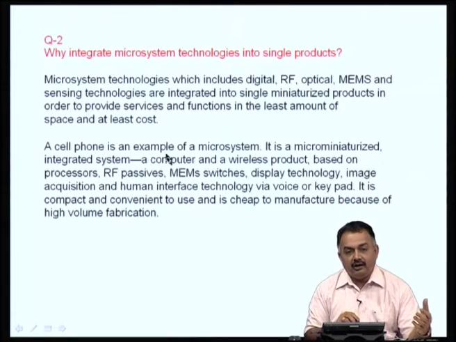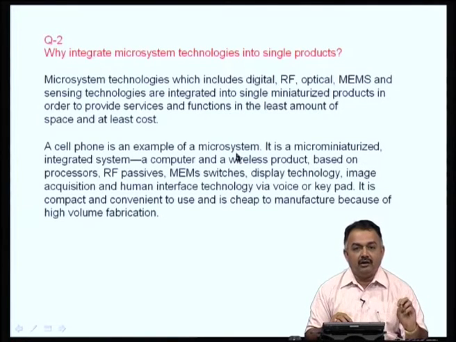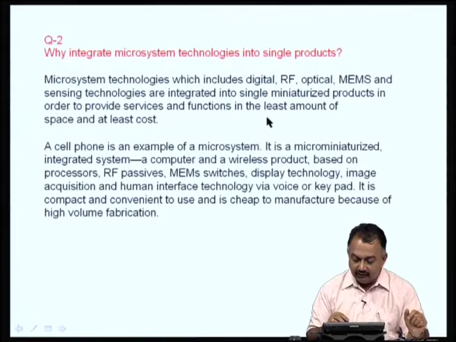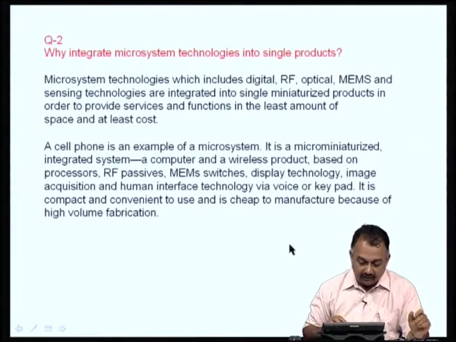This is what I have been emphasizing all along, that when you do a product packaging, you are indirectly doing miniaturization, although you might not be aware of it. Eventually, if you choose the best devices or best components available, you will end up with a very good single product which is small in size. So, you will end up with the deliverables as least amount of space occupied at the least cost. So, your packaging engineer should look into these two aspects.